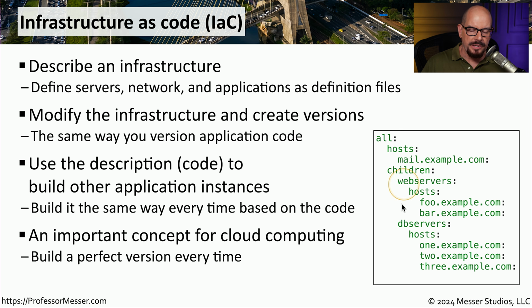This is a very simplified version of an infrastructure as code configuration file. You can see all of the definitions are in here to create a host that's called mail.example.com. This infrastructure as code also includes children devices such as web servers and database servers, and you can see the host names are included in there as well. Inside of this same configuration file, we might want to include other details, such as the type of CPU, how much